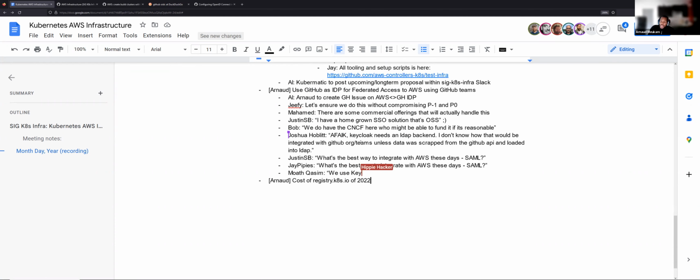Yeah, I think Joshua said something about verifying, like bootstrapping a Keycloak instance and trying to see how we can integrate. I don't block on anything. What I'm putting out there is that we need to be able to authenticate to AWS using GitHub or Google Workspace, Google Group to be more specific. How we do that, I don't think it's the right moment to talk about. We're going to open an issue, people can drop their ideas, and we can start to work on this later.